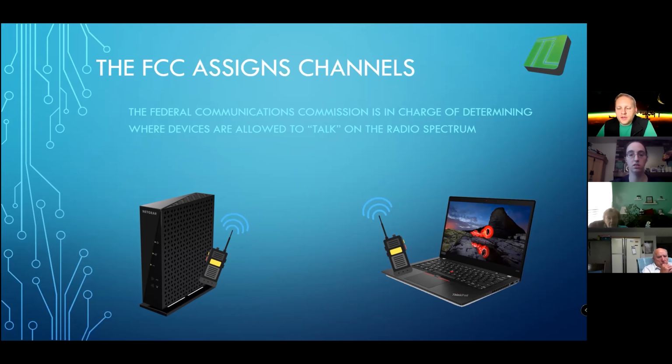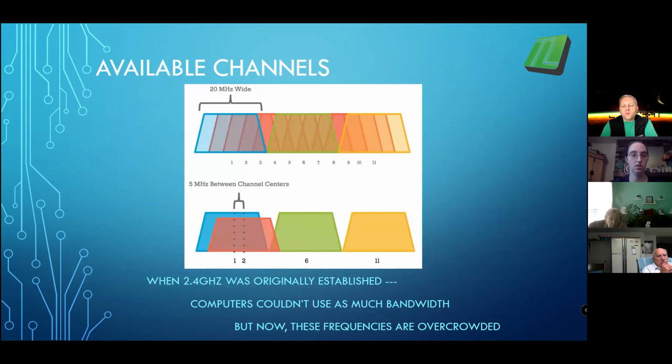So the FCC assigns that. And way back when wireless was invented, they determined 2.4 gigahertz was an optimal frequency where the waves would bounce around in a way that would provide good coverage in most homes and allow technology to communicate effectively. Well, what happened is over time, after the FCC made it law and established that this was the way Wi-Fi was going to communicate, computers got